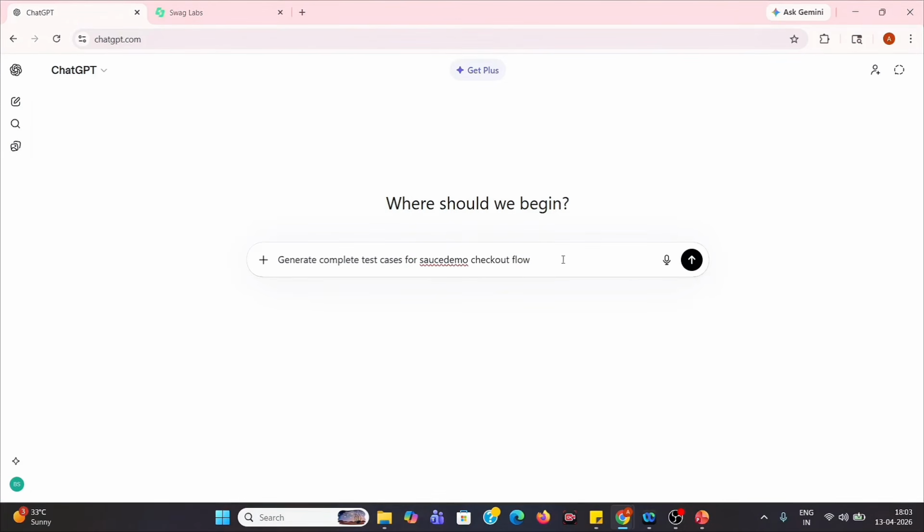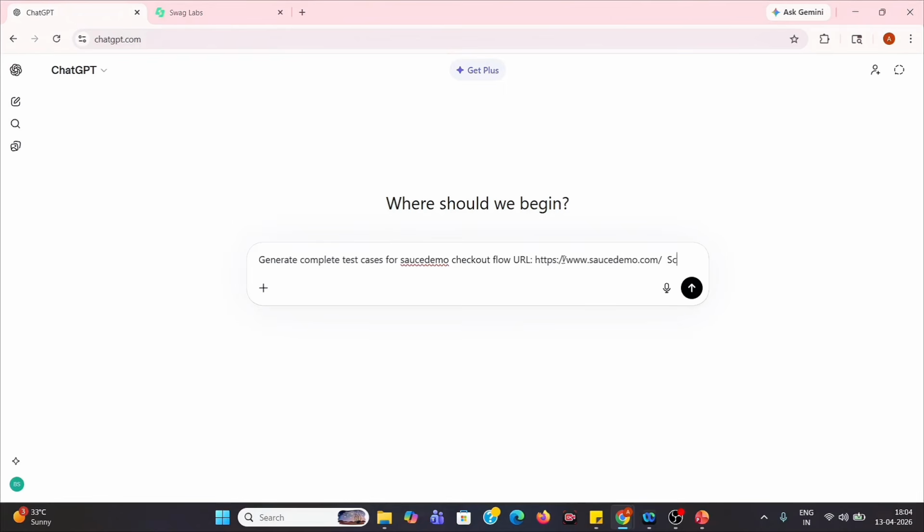So let's go ahead with our prompt here. Generate complete test cases for SauceDemo checkout flow, and I'm just going to give the URL as https://www.saucedemo.com,